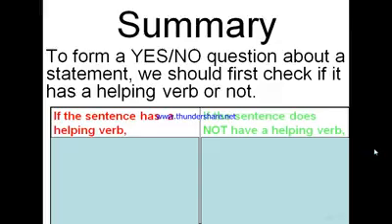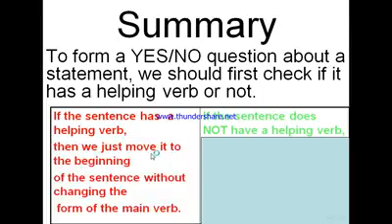Summary. To form a yes or no question about a statement, we should first check if it has a helping verb or not. If the sentence has a helping verb, then we just move it to the beginning of the sentence without changing the form of the main verb. Example,